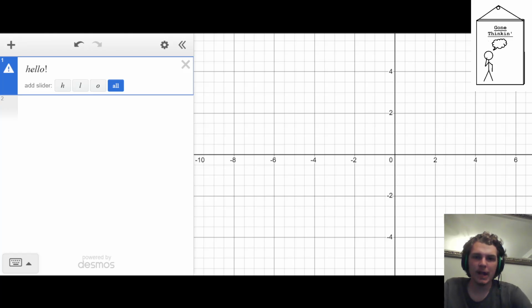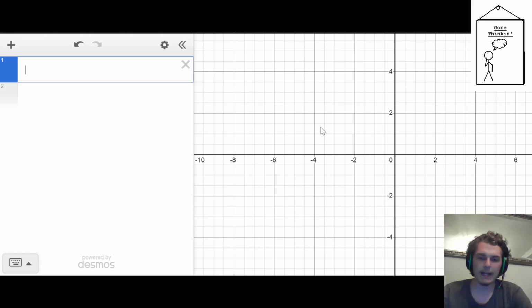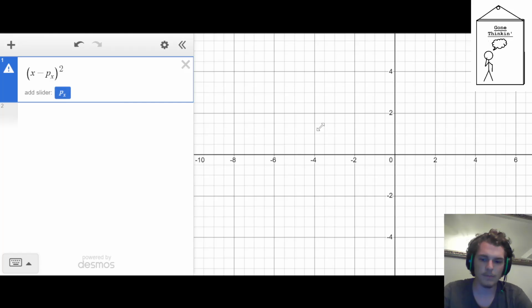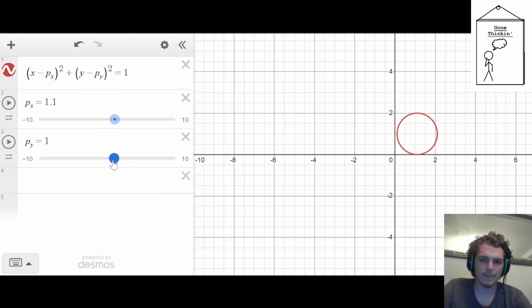Hello. So today I wanted to make a kinematics physics engine in Desmos. So let's get right into it. First we're gonna need a ball. So this is the position X. This is the position Y. So we're also gonna need